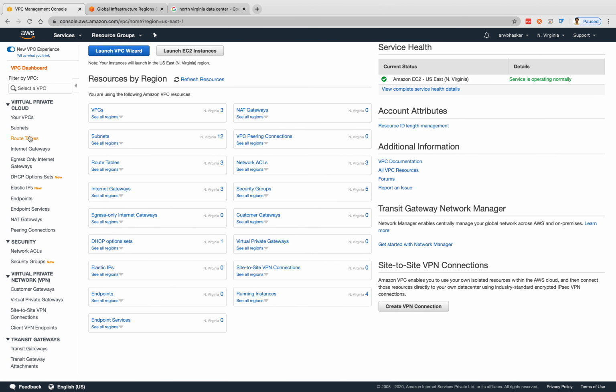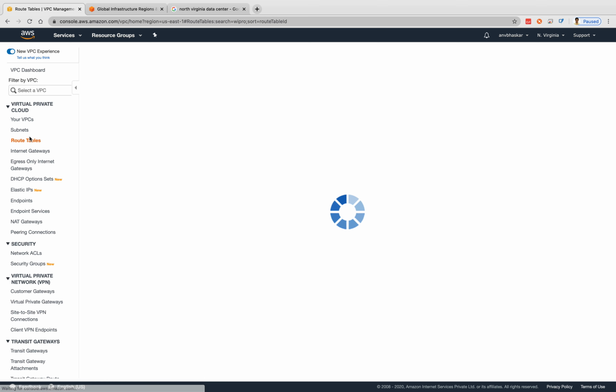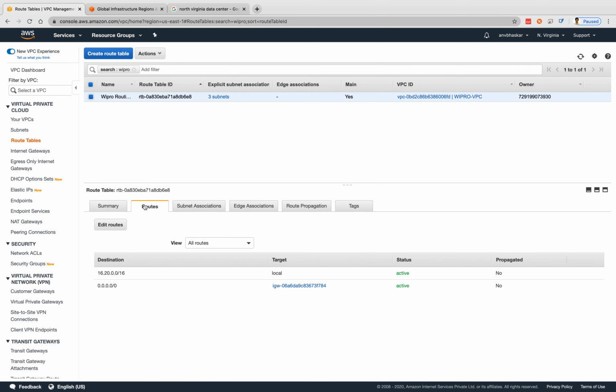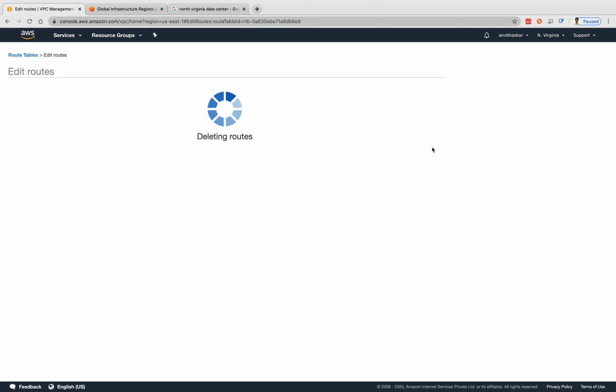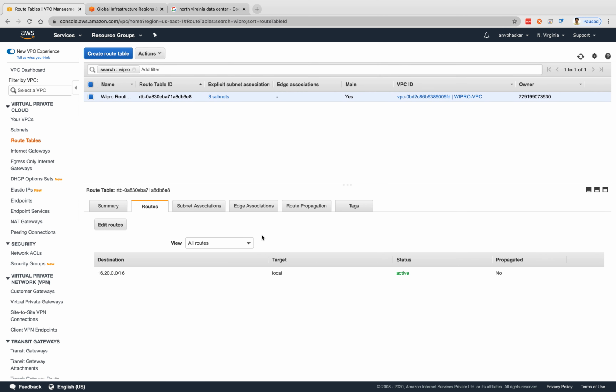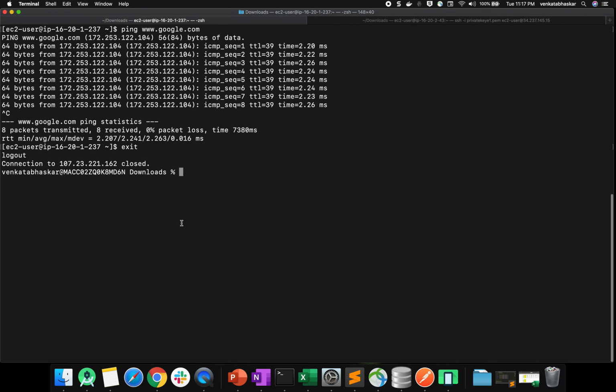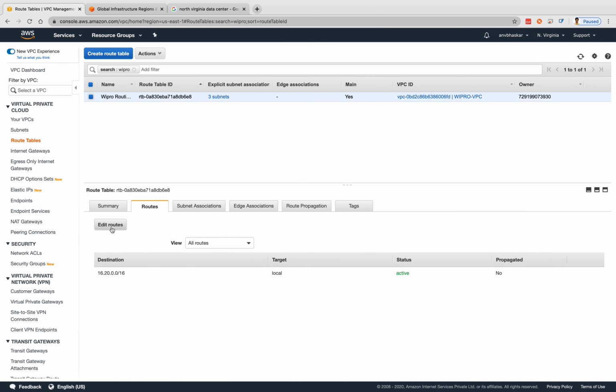What I will do is go to the route tables. Here in edit routes, there is the local communication, the ping from the first VM to the second VM and second VM to first VM. Now I will delete this route and save the routes. If you go and log into the box, see, there is no routing from the internet. There is no gateway, you have not given the configuration. Why? Because only through the gateway can you log into this machine. So that's why routing is very important.